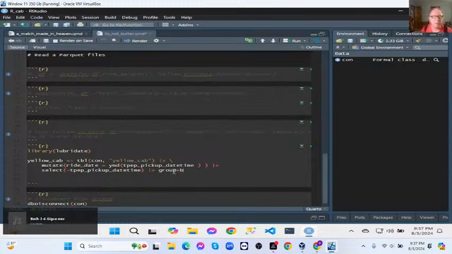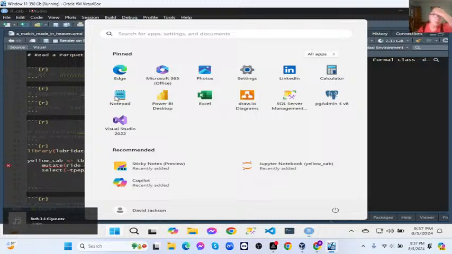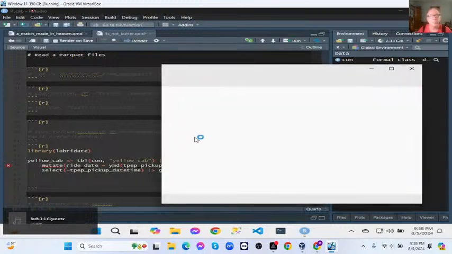This may not work, but we'll see. Let's take a look and make sure we know what's going on over here. We're just going to do a quick summary on the